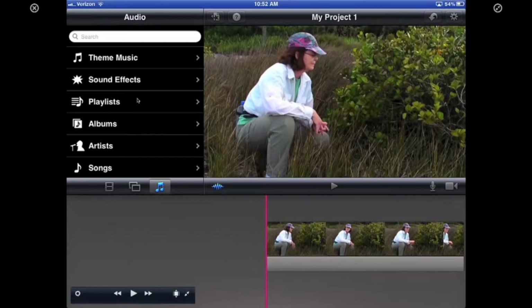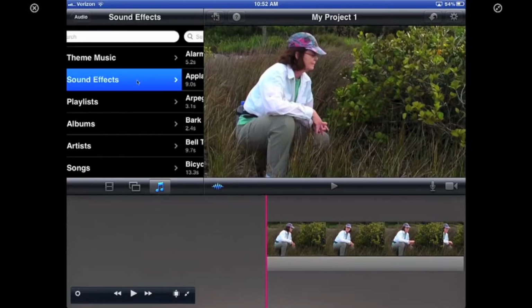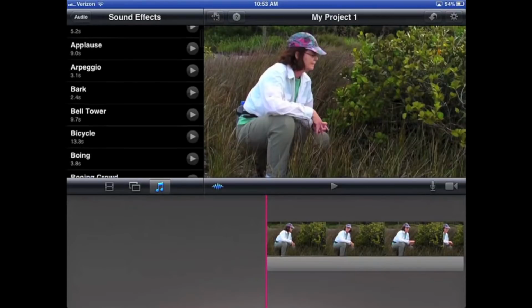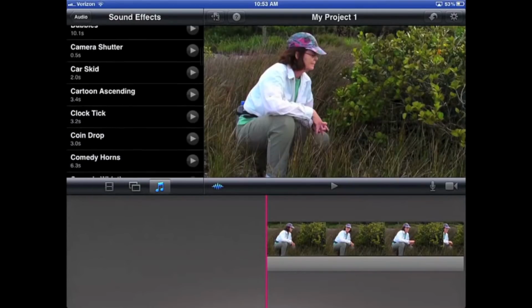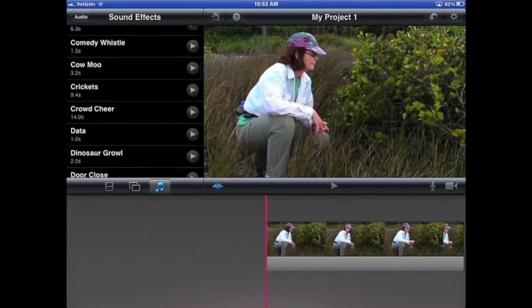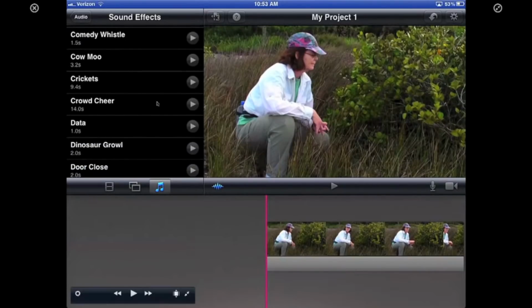So let's take a look first at sound effects. You can see that there are a whole bunch of these, and you can preview these by pressing on the button right here, and you can decide if you like it or not. You can go down and find something that is a bit more suitable for this particular